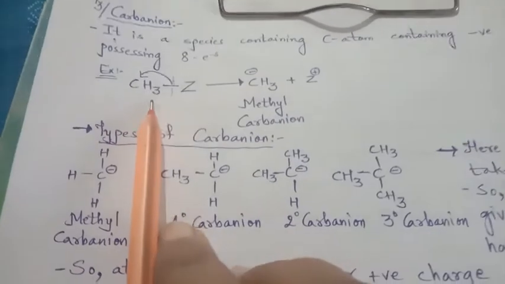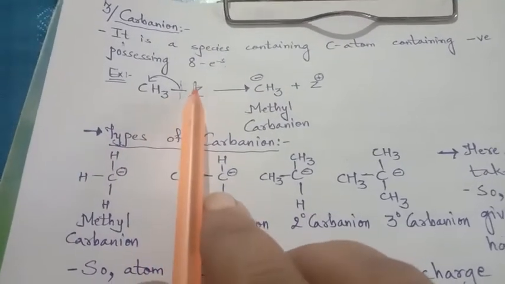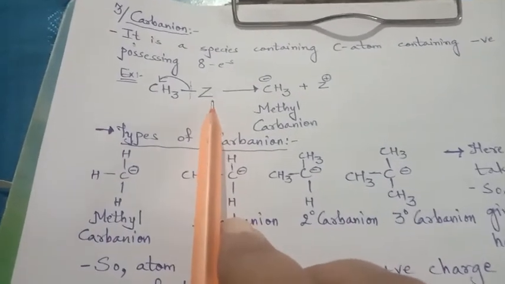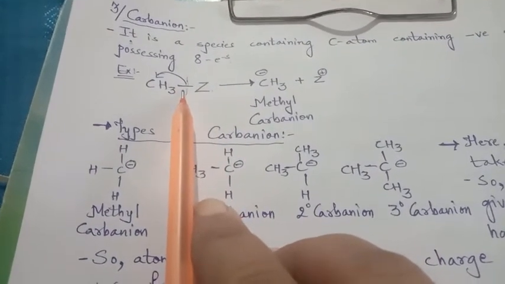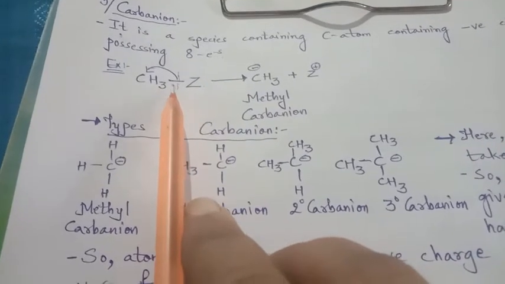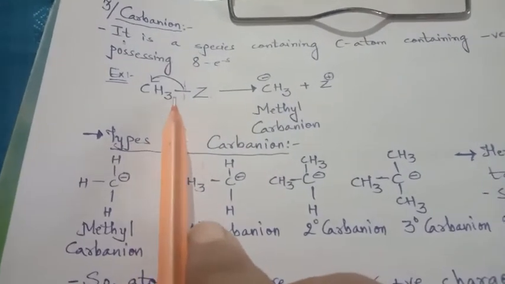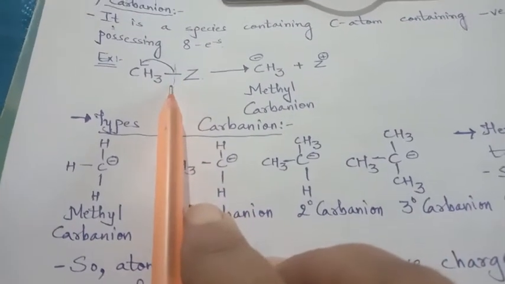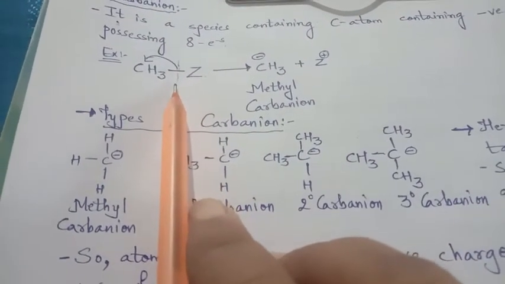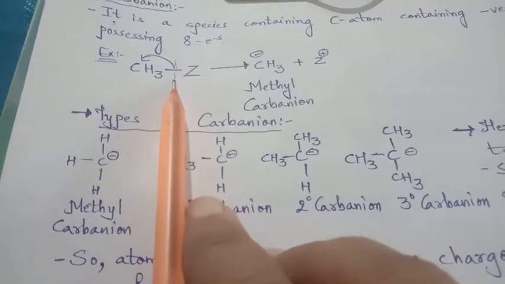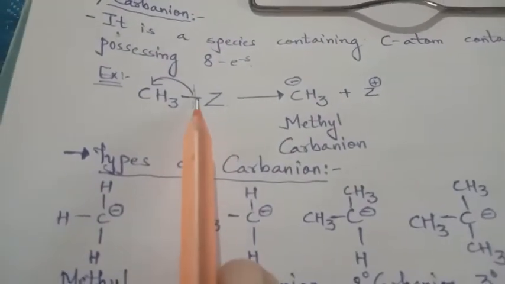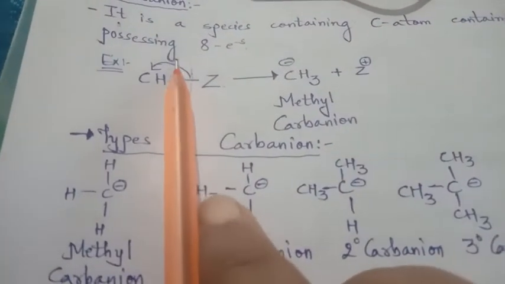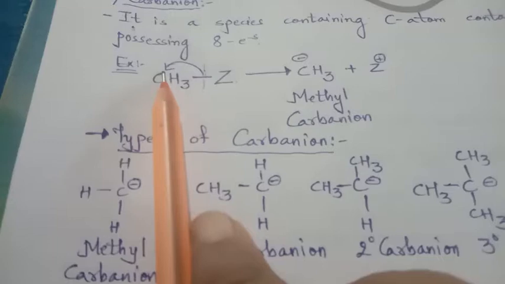This is CH3 methyl. It is linked with a reacting reagent. Now, as the reacting reagent is linked with it, it means the reaction will proceed. So, what happens over here? This bond will break. Heterolytic cleavage will take place. I have shown this small dotted line, which is seen very light. That means the breaking of this bond will take place and the electron will be on the carbon.